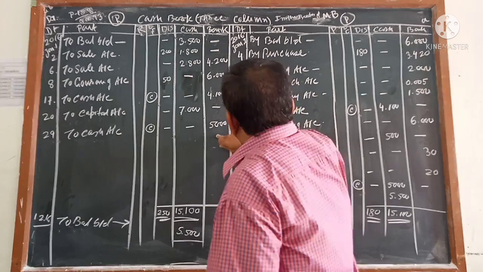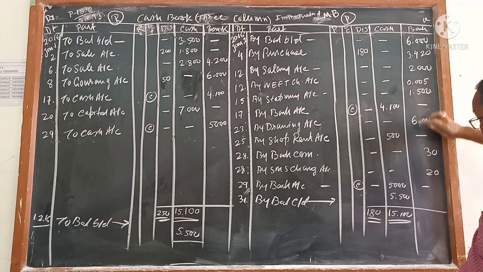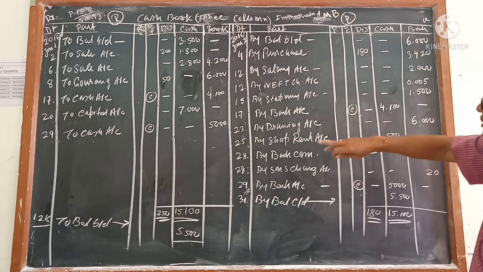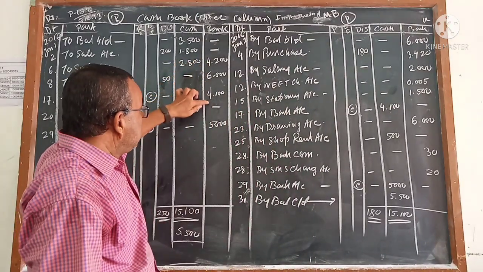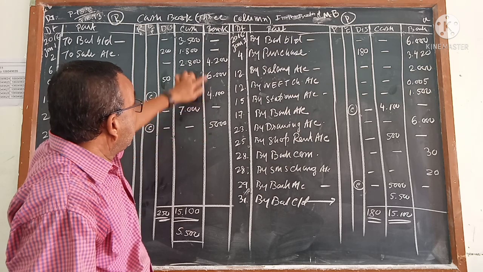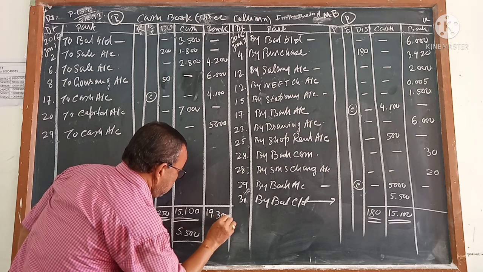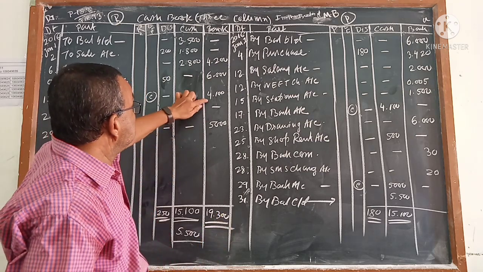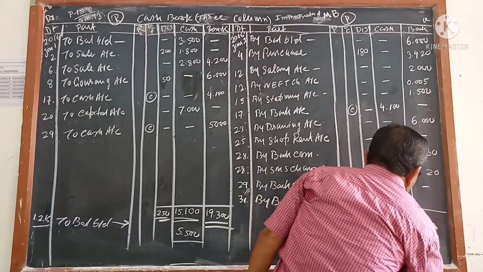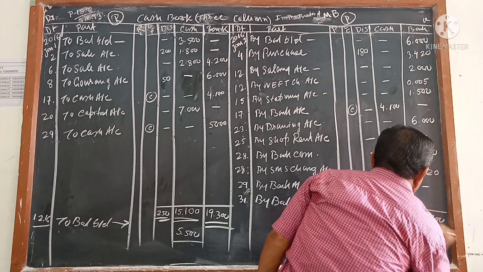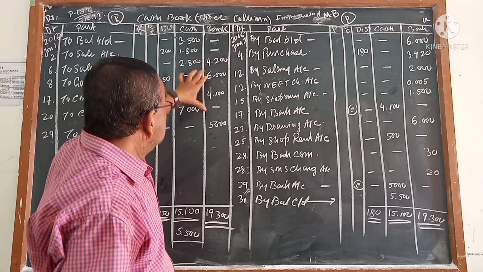10, 19, about 19,000. This is 6, 9, 10, 11, 12, 12, 18. So that side is more, because this side total if you add 4 plus 6, 10, 10 plus 4, 14, 14 plus 5, 19,300. This is coming 19,300. Is not it? Okay, this is coming 19,300. Once again check it. 5, 10, 10, 19,300 whatever.